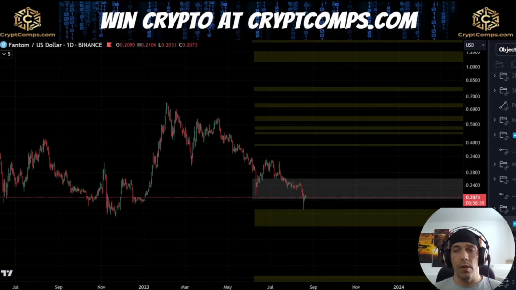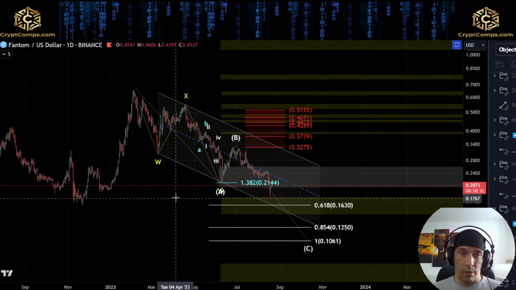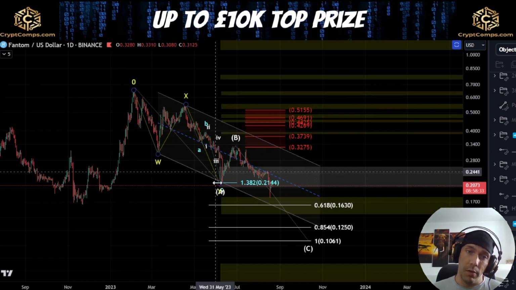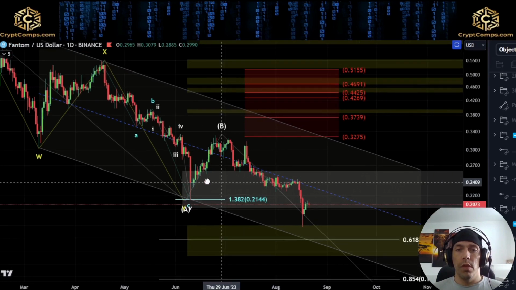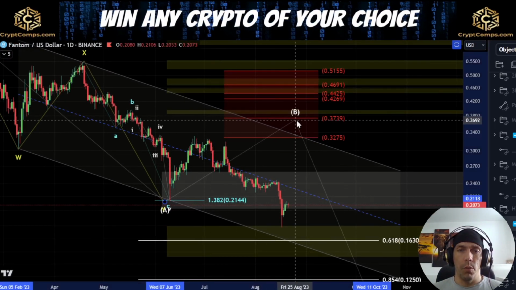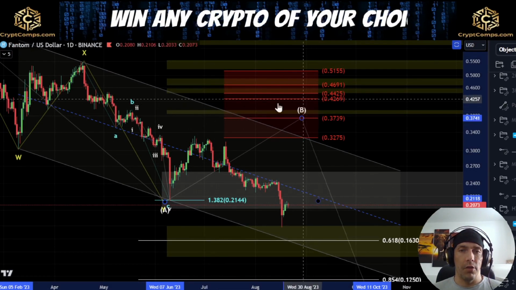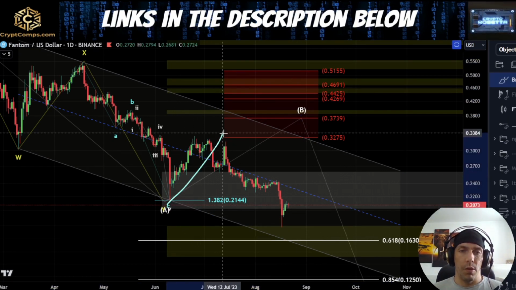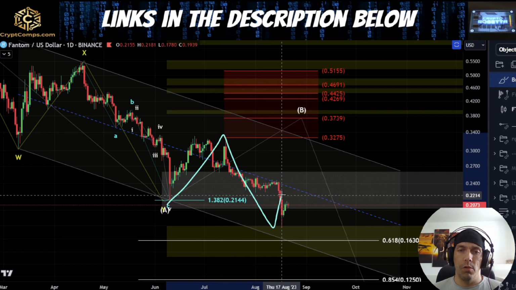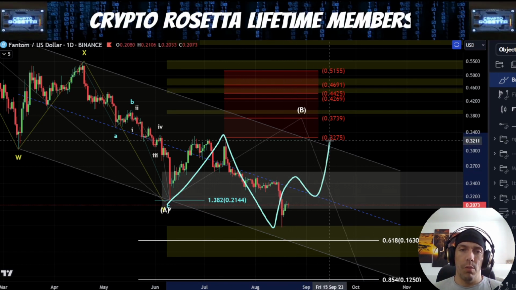If we are, however, looking at the more bearish case here, what we are saying is that we could actually have this as W, X, and Y, and this would actually be our A wave completed. Now, within this scenario, there is a potential for us to push up one more time still and actually be within this B wave. And what we'd be looking for here is we'd be saying that this would be 3 waves up, 3 waves down, and what we'd be looking for would either be another 3 waves to the upside,